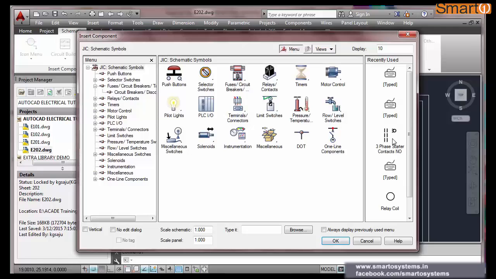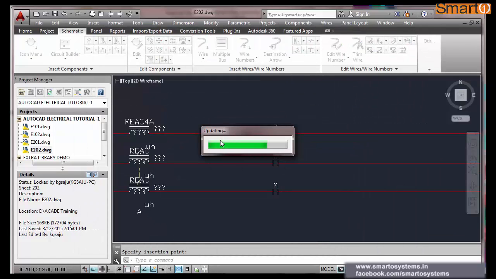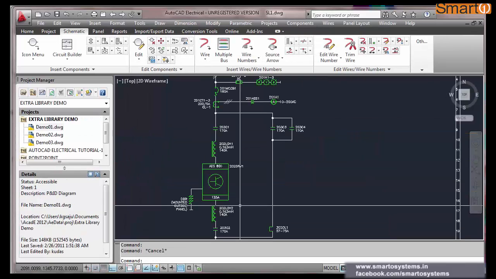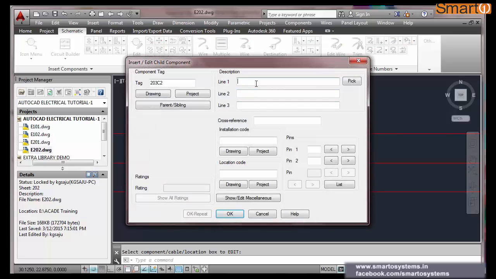Insert. Down. 203 C2. I think it is C2 only. We should put some description for this because it will really help you to identify.